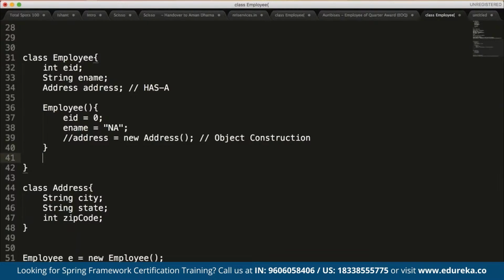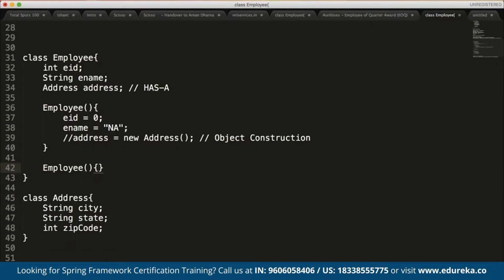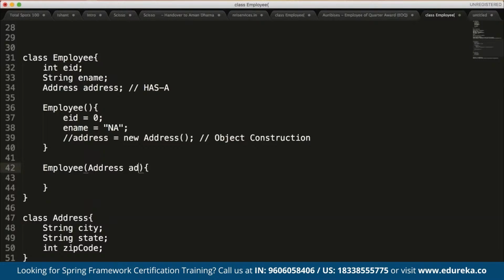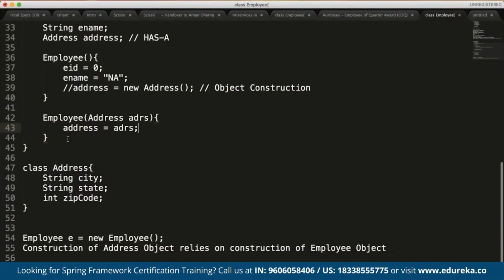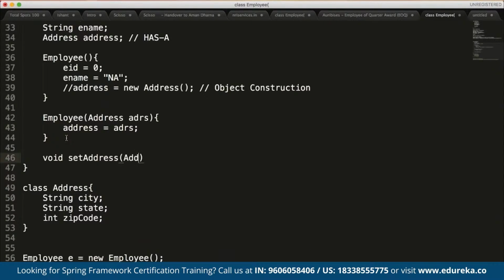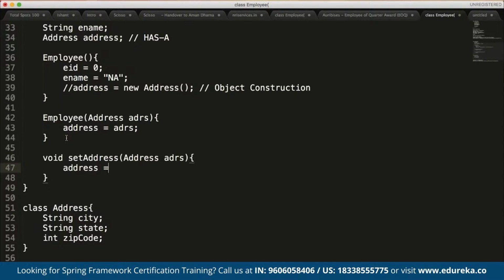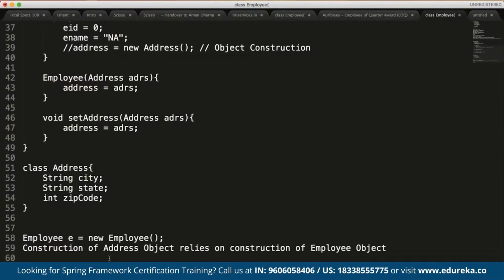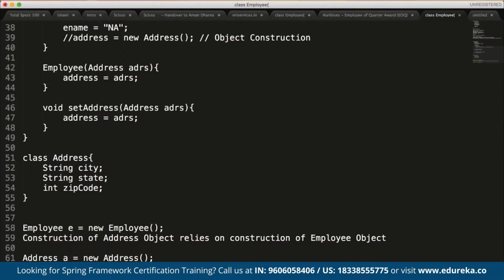So what we do is rather create one constructor which takes a reference to the Address as input. And thereafter we can just assign it like this, right? Or you can create one setter and mention this address over here and say this.address is address. So over here you construct the Employee object, and thereafter you can create an Address object separately. Now you are constructing the Address object separately, right? So there is a difference now. And what I can do is say e.setAddress